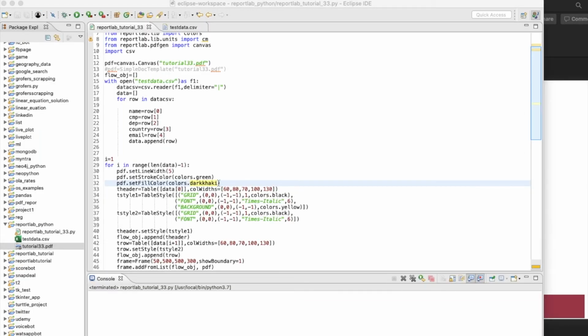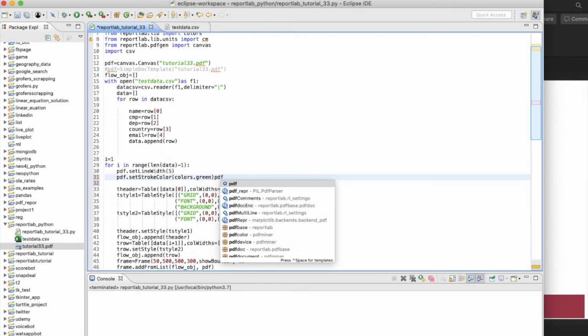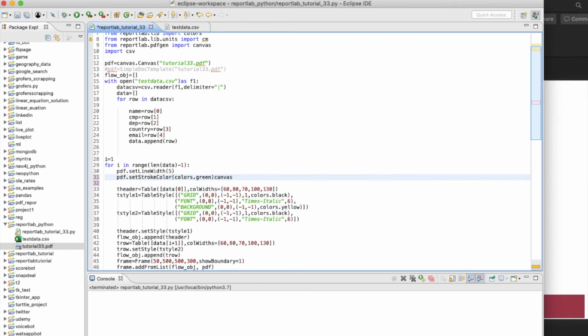Okay, no, I think there is some problem. Actually we need to define one rectangle, so then it will come. PDF dot